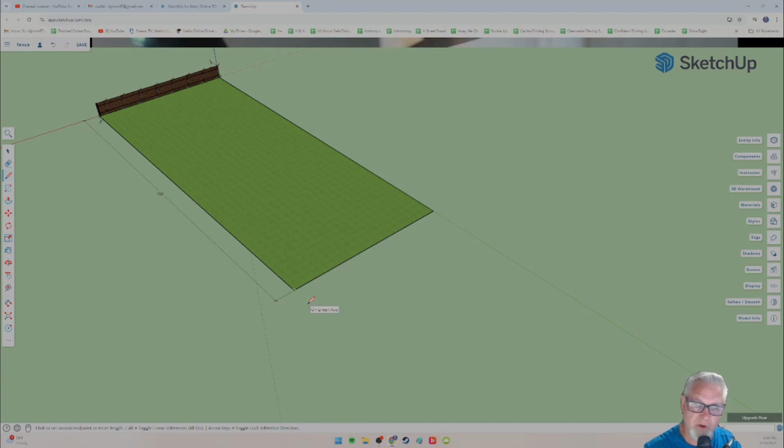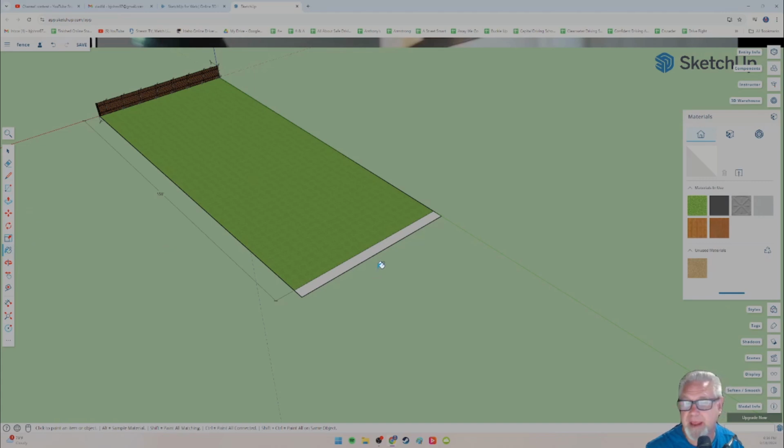Let's do a 4 foot wide. 4 feet, enter, 4 apostrophe, enter. Doesn't look very wide, but it's a sidewalk. Bing, bing. Okay. And we're going to paint that a concrete color. So go to the paint bucket, and